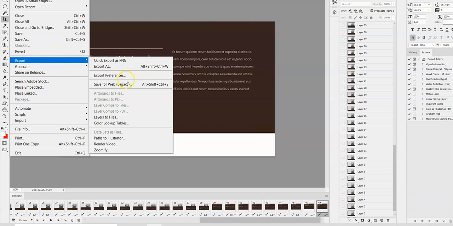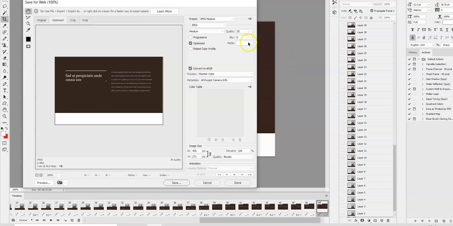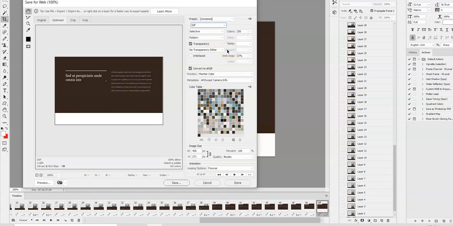So again, file, save for web. And then here you're going to have to change to GIF. So that's massive. 1.1 megabyte is way too big. So you can try